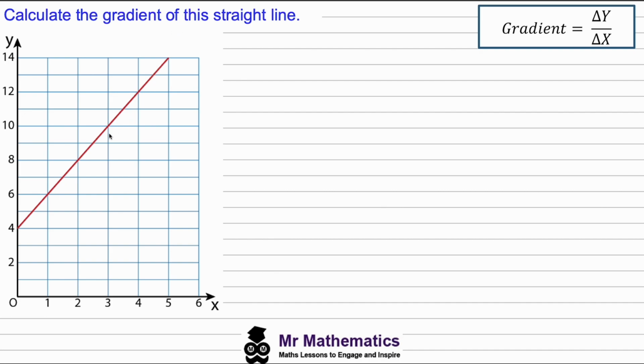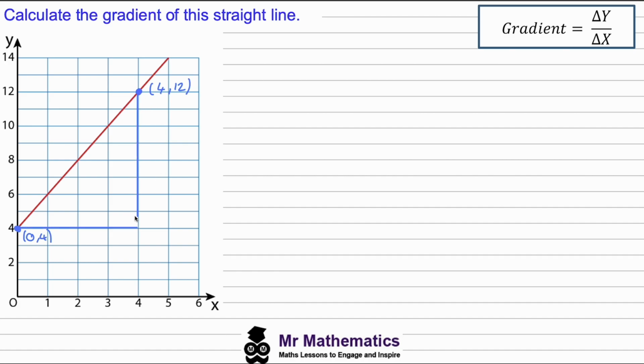Okay, so we want to calculate the gradient of this straight line. So we need to pick 2 points, and we can pick any 2 points we like. I'm going to pick this point because you can see we've got integer coordinates of 4 and 12. So x is 4 and y is 12. And I'm going to pick the y-intercept where x is 0 and y is 4. So we can create it into a triangle,